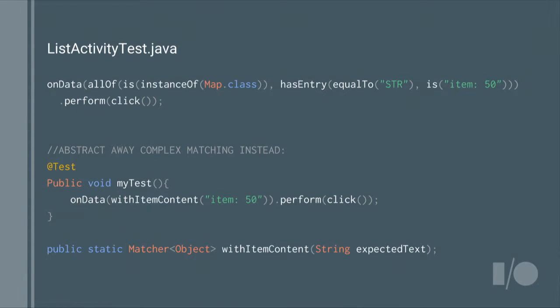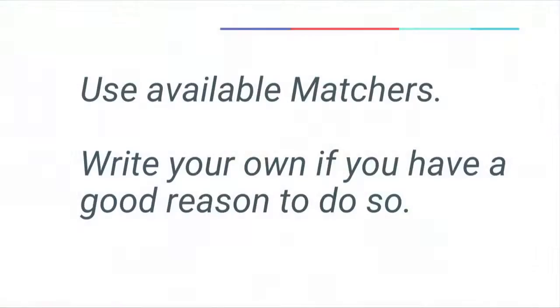Try to, again, this is very simple. You can write your own robots or more sophisticated ways to abstract away working with screens in Espresso. But then you just need to change one place and your test will pass again. Then one thing I want to stress throughout this presentation, please use the available APIs and classes that we give